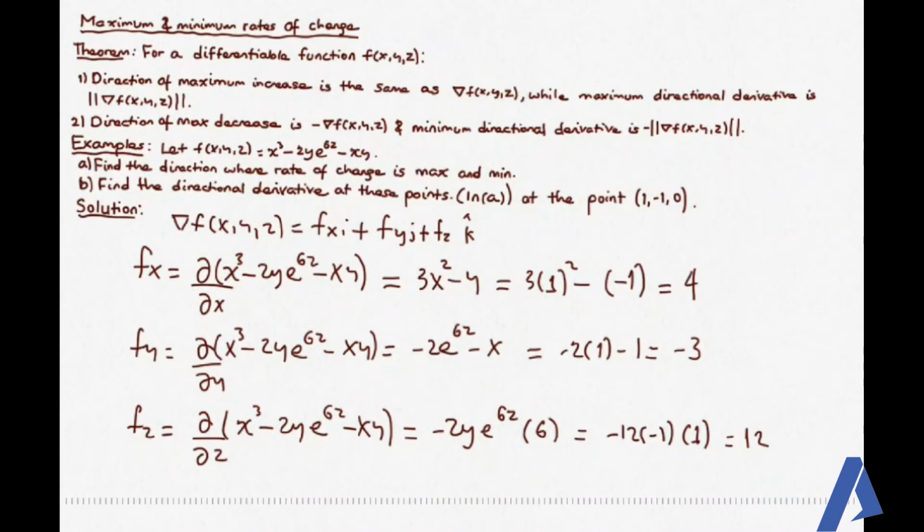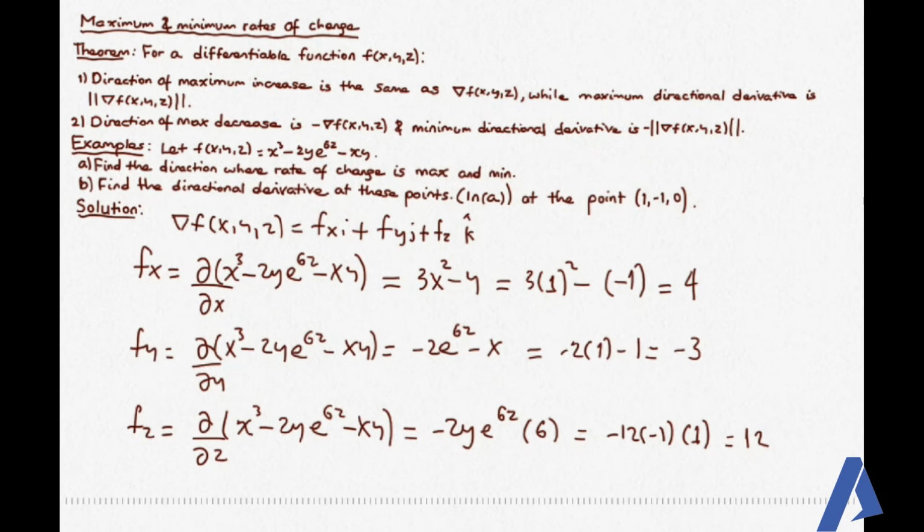ቀጣይ የምናየው it's maximum and minimum rates of change. Let's say we have a differentiable function f of x, y, z. Then the direction of maximum increase is the same as the gradient, the direction of the gradient, since it's a vector quantity, while the maximum directional derivative is given by the magnitude of that gradient. And the direction of maximum decrease will be the negative, the opposite of the gradient. Minimum directional derivative will be the negative of the magnitude of the gradient ማለት ነው።